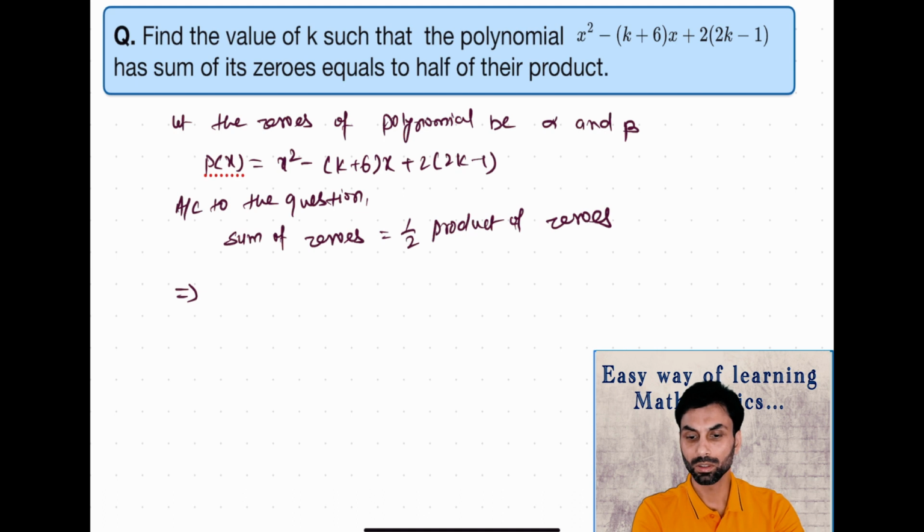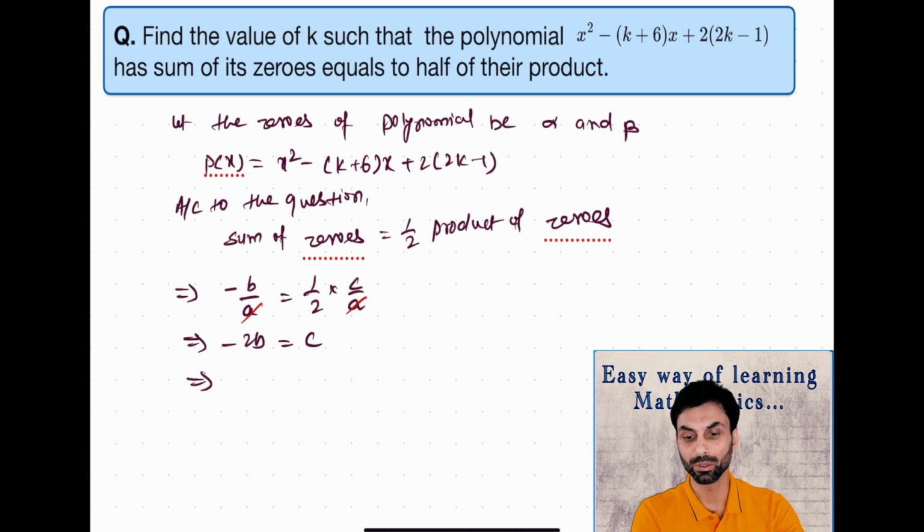So the sum of zeros, in this case, will be minus b by a, which equals half into the product of the zeros, that will be c upon a. Here we can cancel a and a, so we'll get minus 2b equals c. On substituting the values of the coefficients, we'll get minus 2 into, it will be negative of (k plus 6)